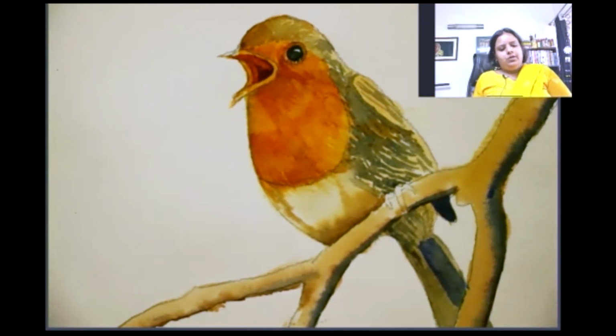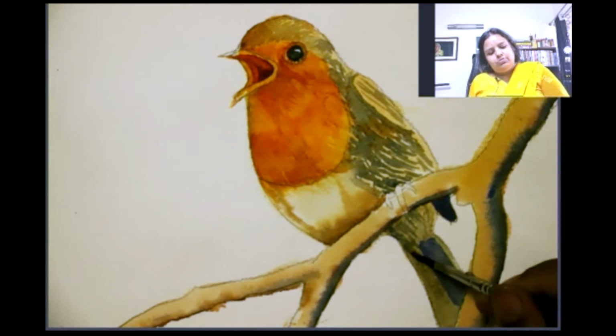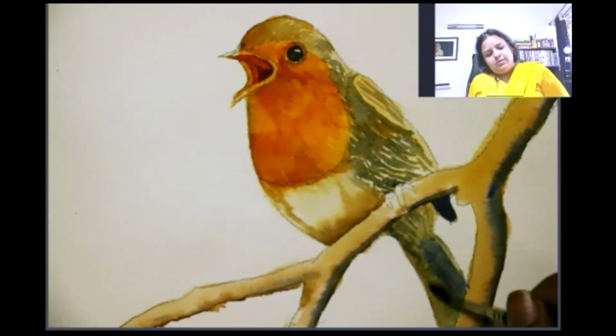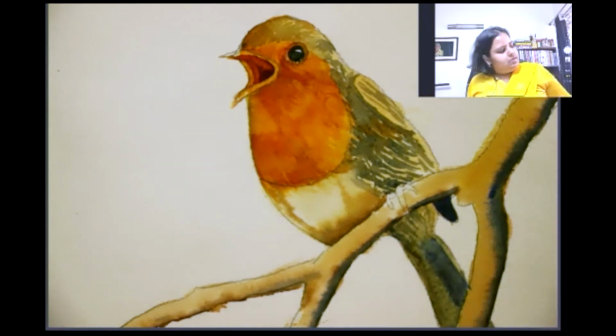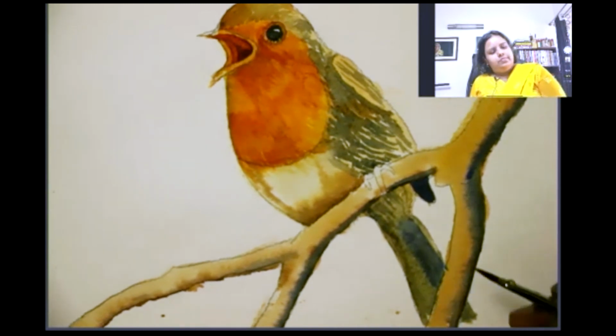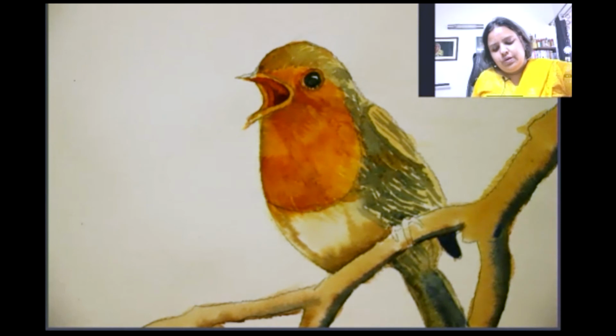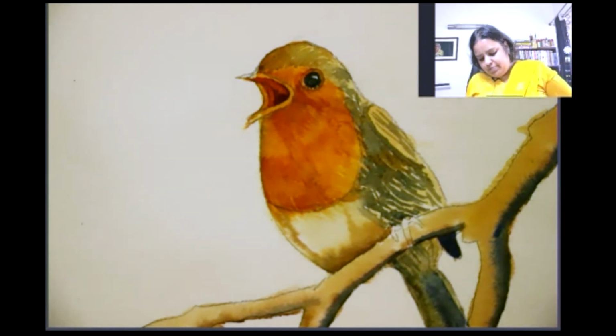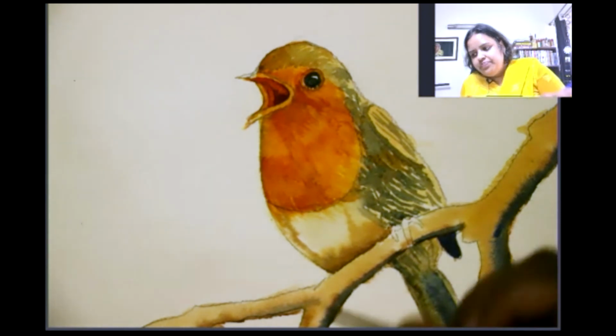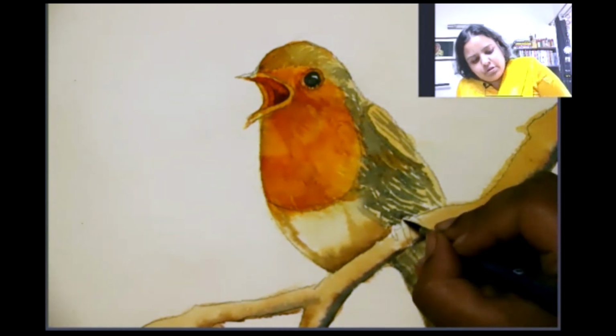So what I'll do is I will just blend this. It's looking kind of patchy. And I think I have forgotten to put attention to the claws. We have claws over here.